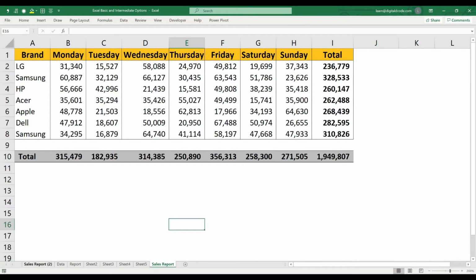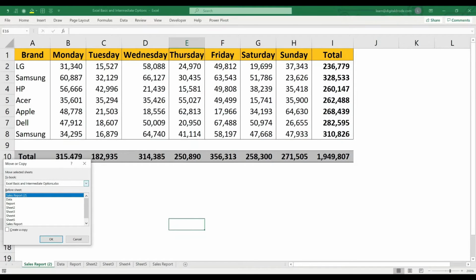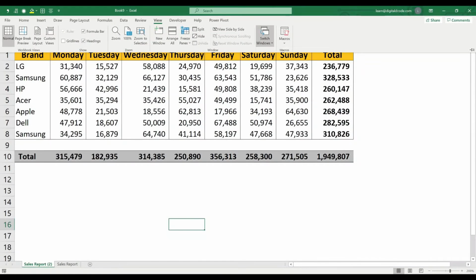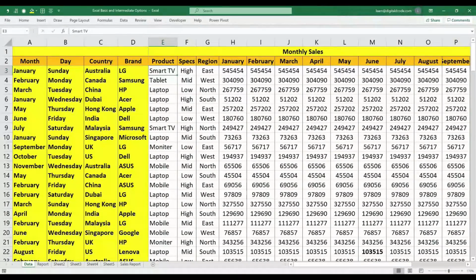In case I want to move the sheet itself, because I don't want to create a copy, I want to completely move the sheet to the new workbook. Right click, move. Let me choose the same workbook, book 9. I want to move it there. To move, I'm not going to click the create a copy option, because I just want to move it completely. I don't want the sales report to be here. Now if you see, in book 9, I got one more sheet. But if I go to my old workbook, I cannot see the sheet because it's completely moved.